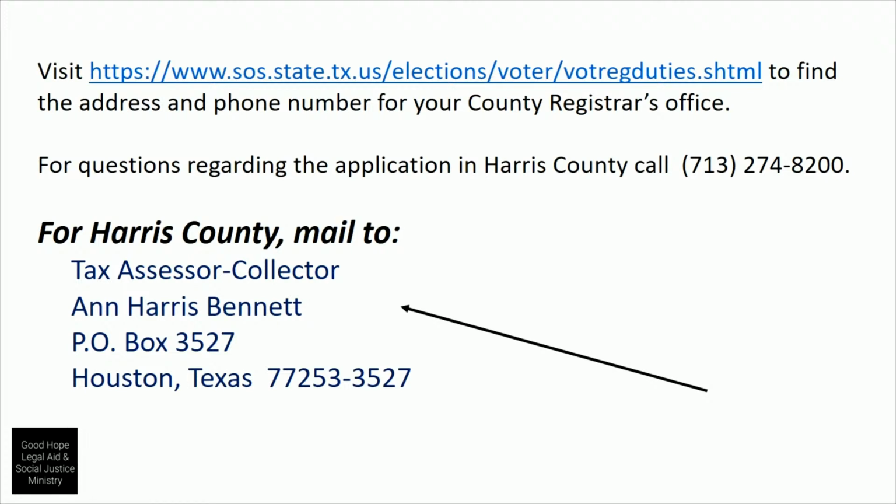If you live in Harris County and you have questions, you may contact the Harris County Registrar's Office at 713-274-8200. And Harris County residents, remember to send in your completed, signed, and dated form to Tax Assessor-Collector Ann Harris Bennett, P.O. Box 3527, Houston, Texas